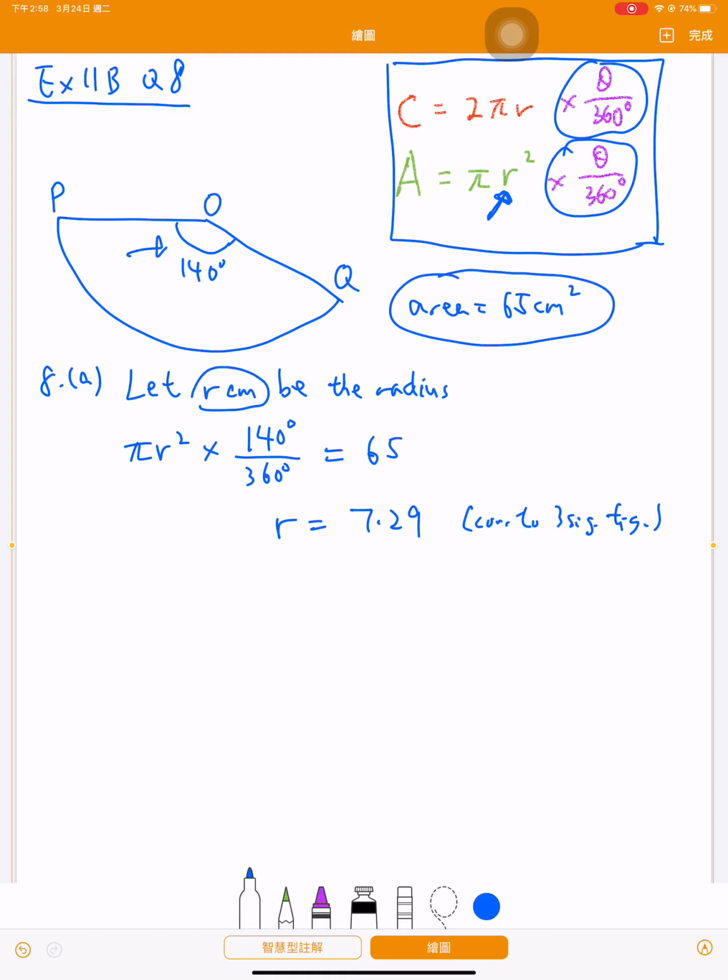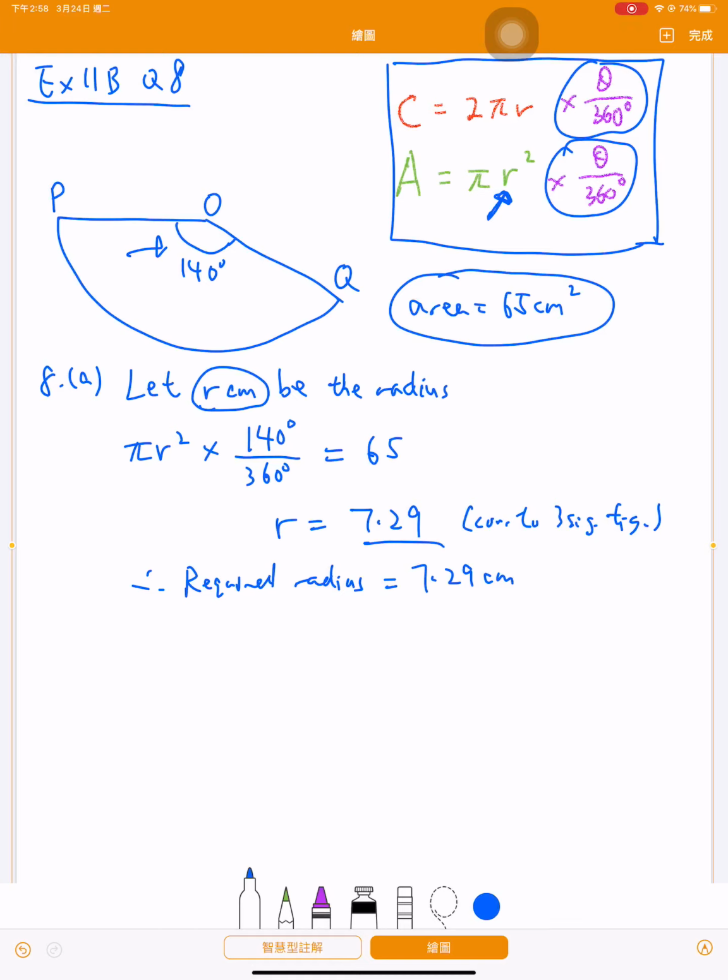Okay, and that is correct to 3 significant figures. Because I have let the unit here, so this one does not have a unit. Okay, but we need to write down the answer: the required radius is equal to 7.29 cm. Okay,